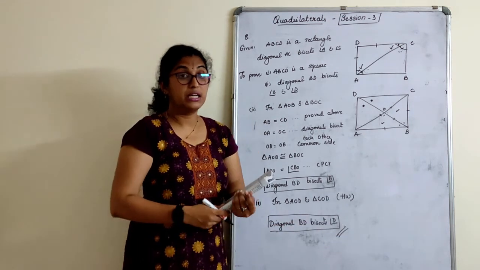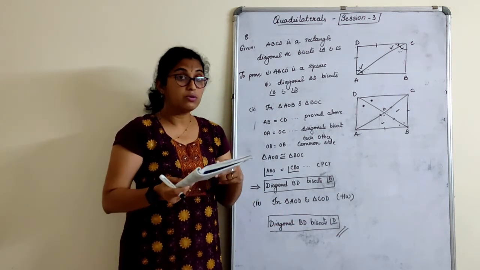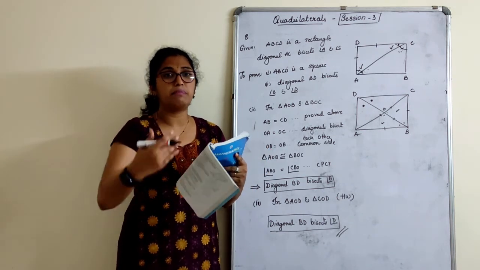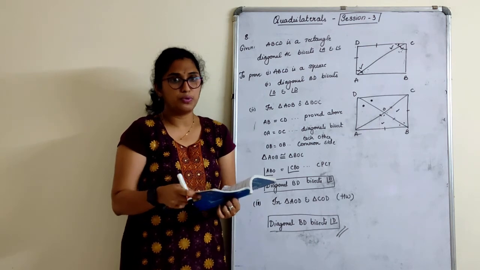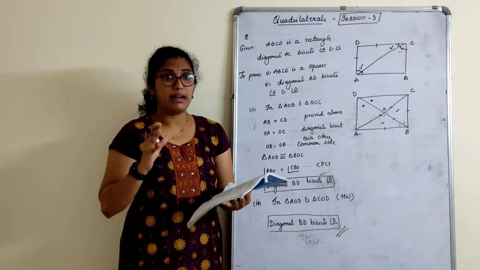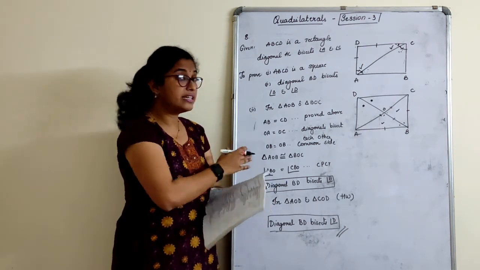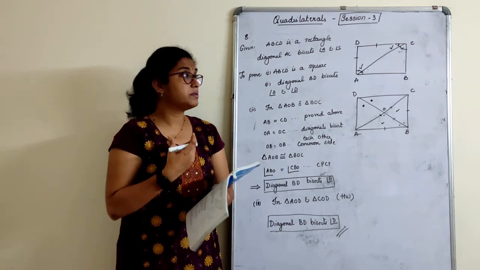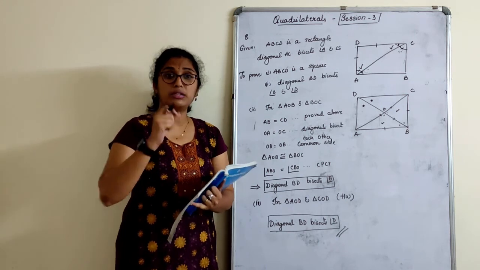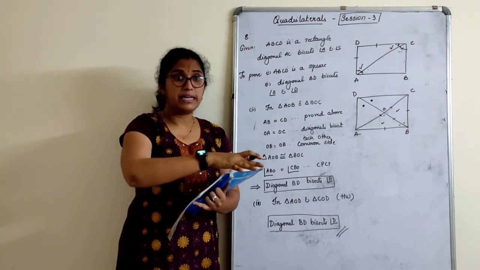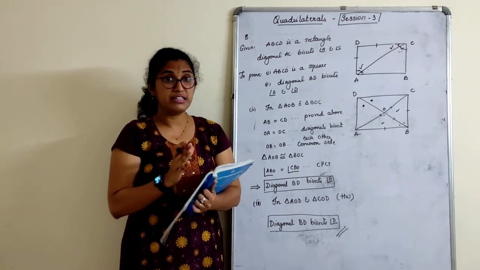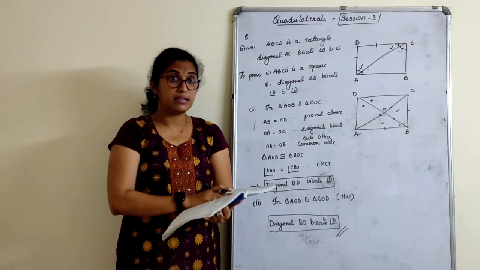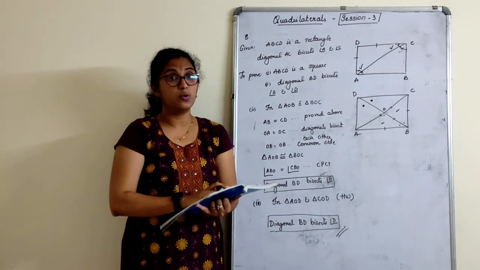Hence proved. So I will conclude today's session with this sum, because from tomorrow's session it's a different part. We are all using congruency to prove here, simple properties and the congruency part. From sums 2 to 8 we had all the sums based on proving that it's a rectangle, proving that it's a square, diagonals bisect at 90 degrees, all such different sums. So very important, again I am repeating, practice these sums as well as the similar sums from the worked examples.